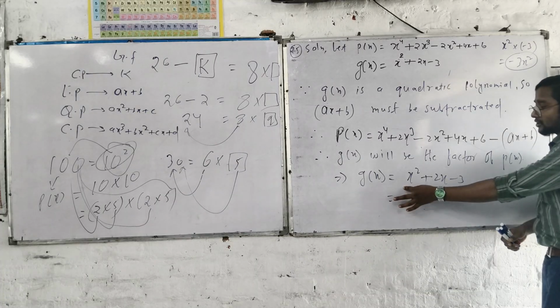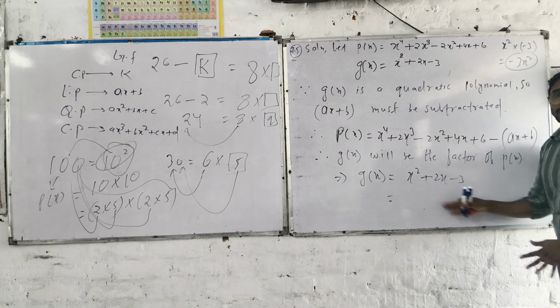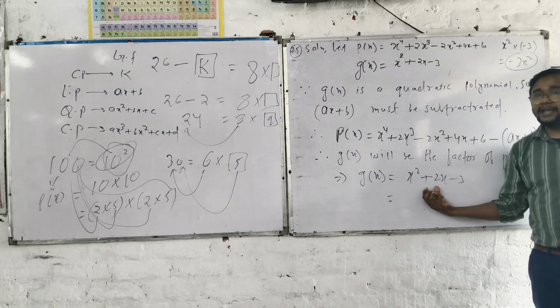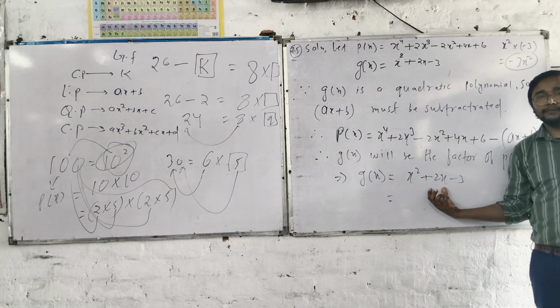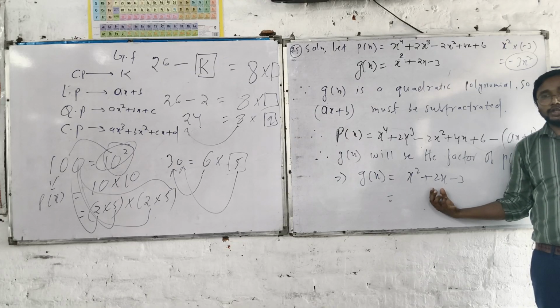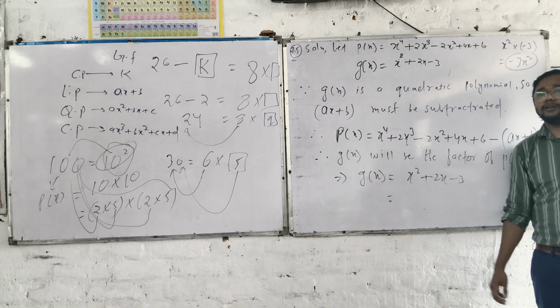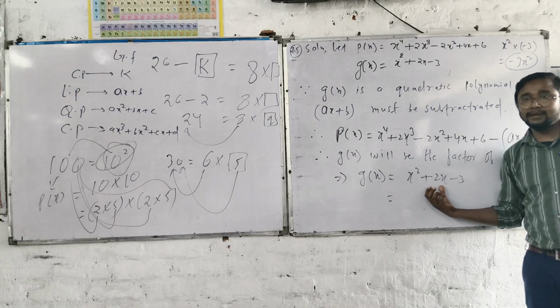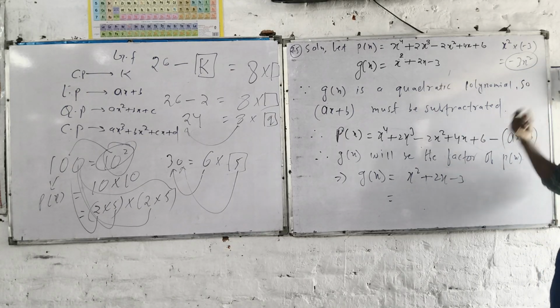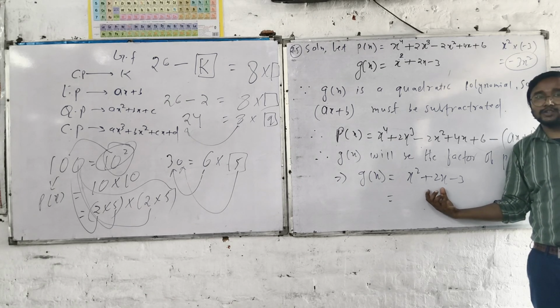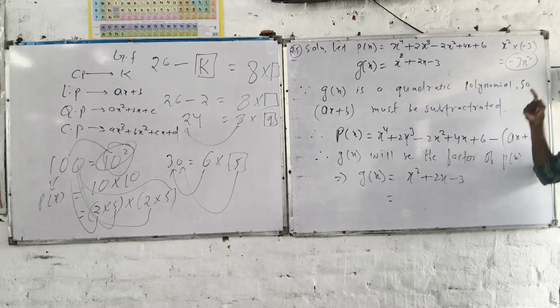So now, x squared plus 2x minus 3, right? So it is a quadratic polynomial. You tell me now, what do we have? Middle term splitting. We have to break the middle term, so that it must satisfy the sum, as well as the product. The adding and subtracting must be equal to plus 2x, and the product must be equal to the